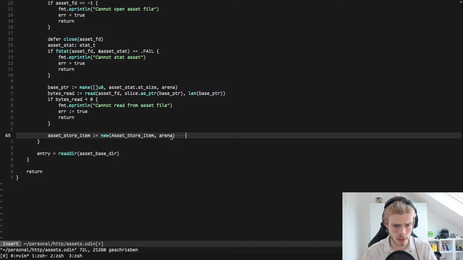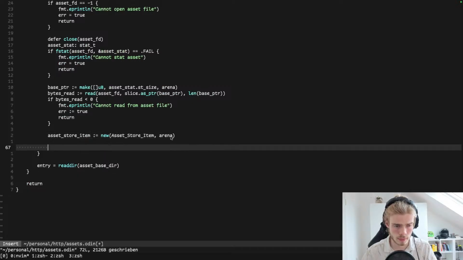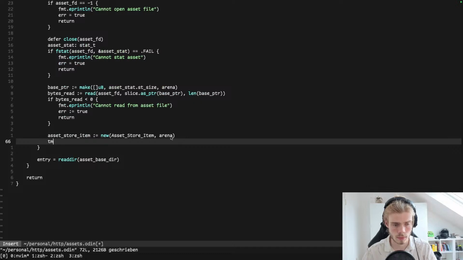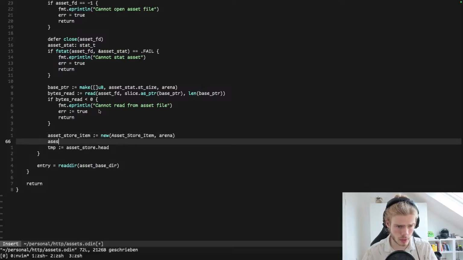And we set temp is equal to asset store dot head. Set asset store item dot asset dot name is equal to,